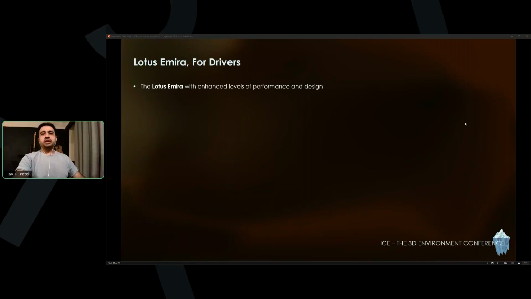This was again a campaign, an in-house film to promote the Lotus Emira with updated performance and design elements, new color, personalization options, and so on.